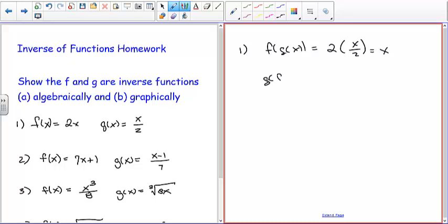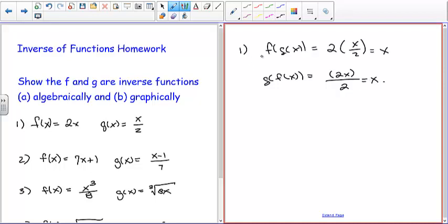And g of f of x, we substitute f of x in for x, so you get 2x divided by 2, which simplifies down to x. So since f of g of x equals x and g of f of x equals x,